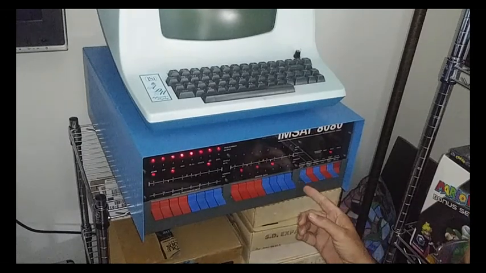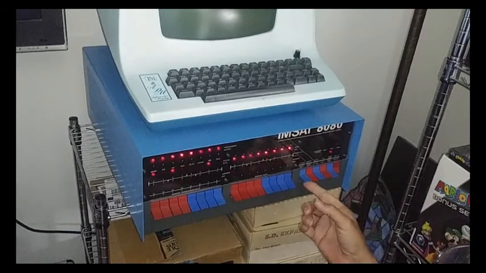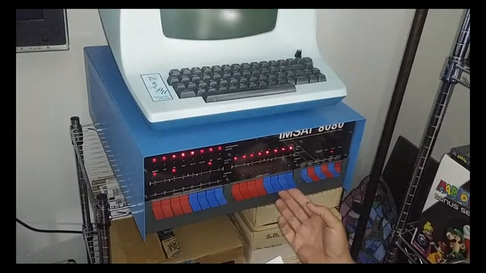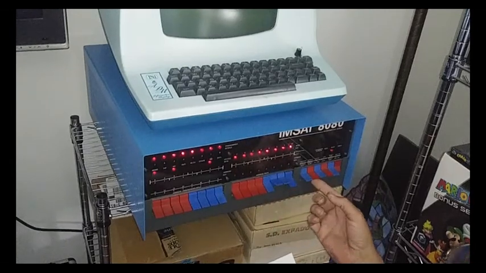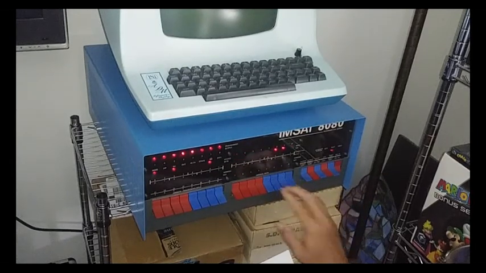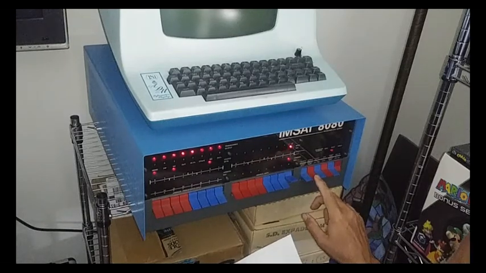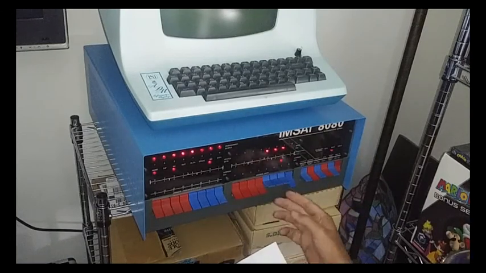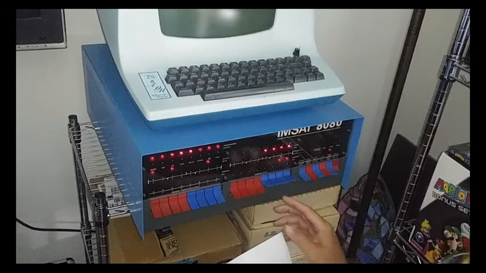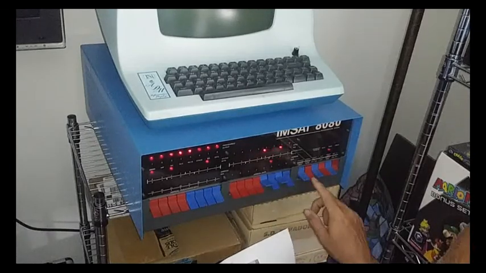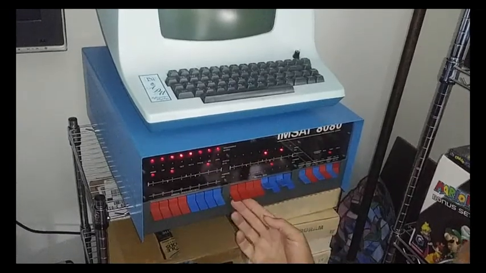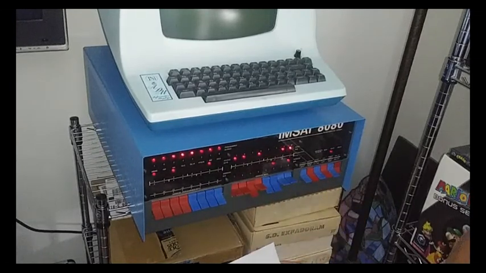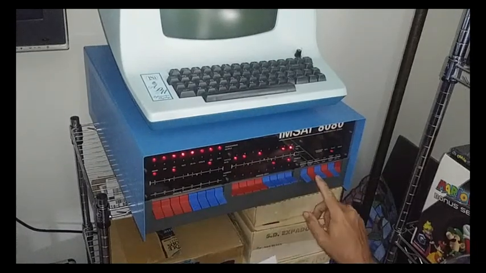Let's see, first thing we're going to do is reset and examine. We're at address 0. So I'm going to load 06, deposit, 01, deposit next, 0E, deposit next, 0F, deposit next, 0A, deposit next, D3, deposit next, FF, deposit next,